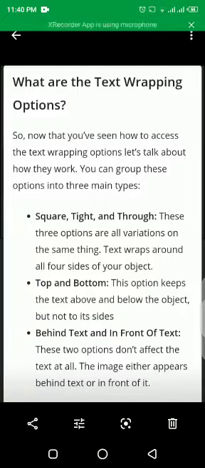These three options are all variations on the same thing: text wraps around all four sides of your object. Top and bottom keeps the text above and below the object but not on its sides. And behind text and in front of text, these two options don't affect the text at all, and the image either appears behind the text or in front of the text.